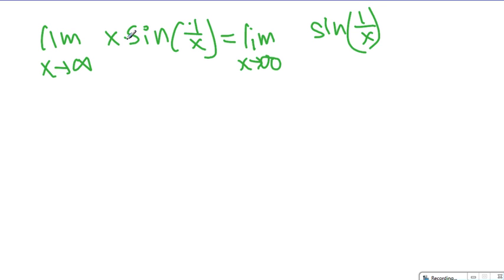But here, in order for x to take the form of this one, we have to divide by 1 over x. When you multiply top and bottom by x, you will realize the sine of 1 over x still stays there, but x will be multiplying the sine function. Now, in this case, what's going to be happening? Since it is sine of this over this, and as you can see, as x approaches infinity, 1 over infinity will be approaching 0, so as this one. So this is essentially